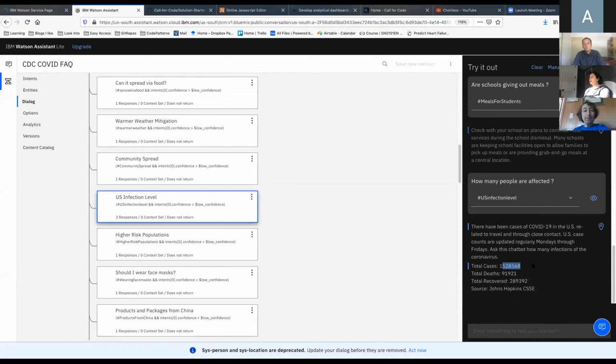And this is not static data. This is actually pretty dynamic data. There's an API that we're hitting that gives us this total count number every time. So we've done this in a special way.